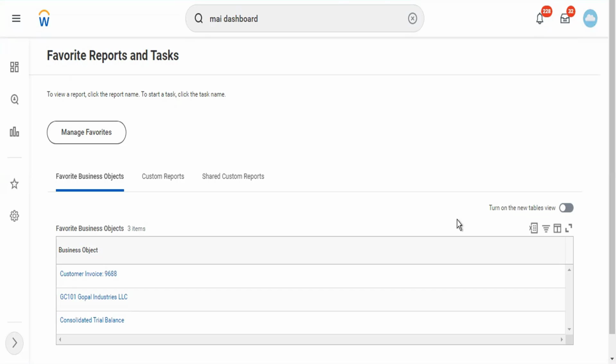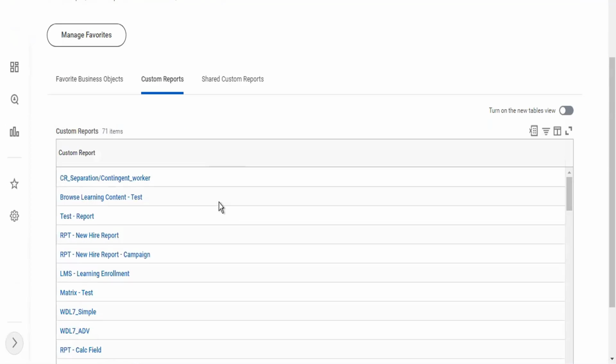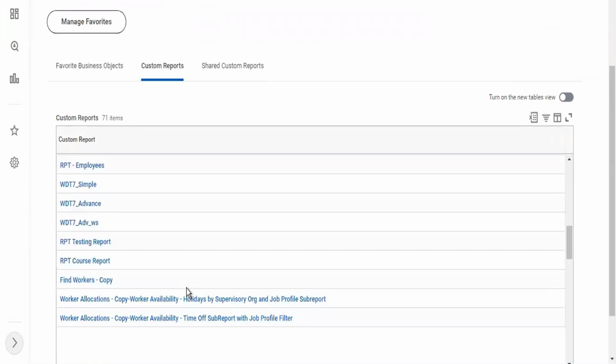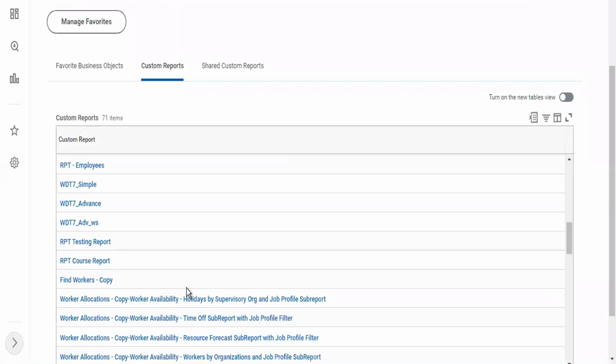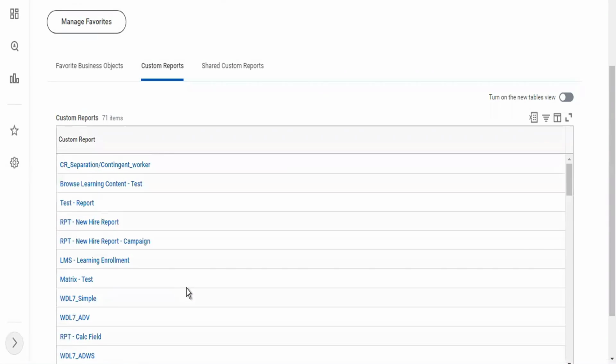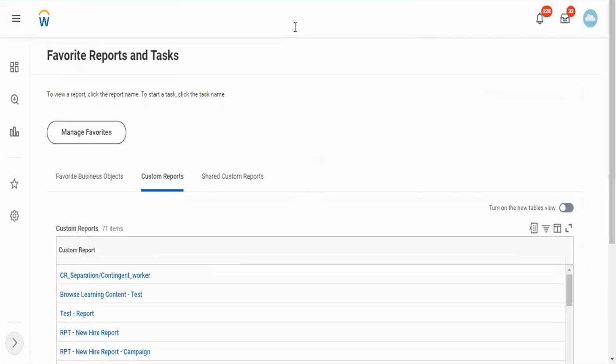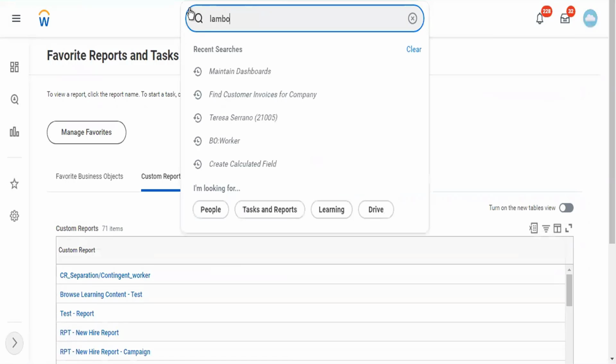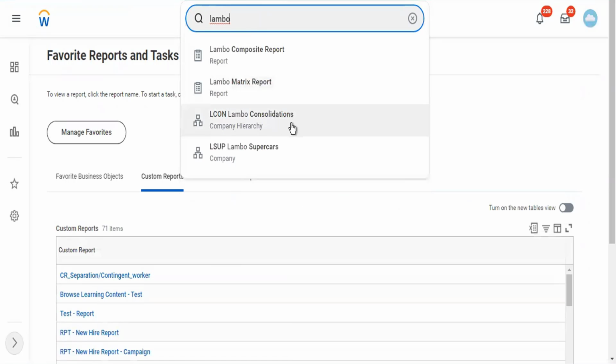So right now you see there are some favorite business objects here like 9688, one company here, consult trial balance. Then if I look at the custom reports which have been marked as favorite, these are my favorite custom reports, like that. Here, let me show you how to add certain items as your favorites. So let's find a company called Lambo. This is an existing company. If I go to Lambo Supercars,